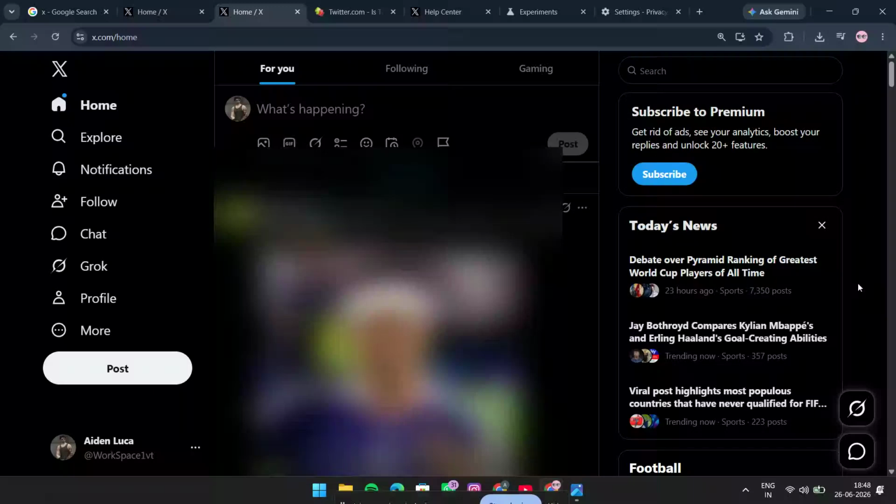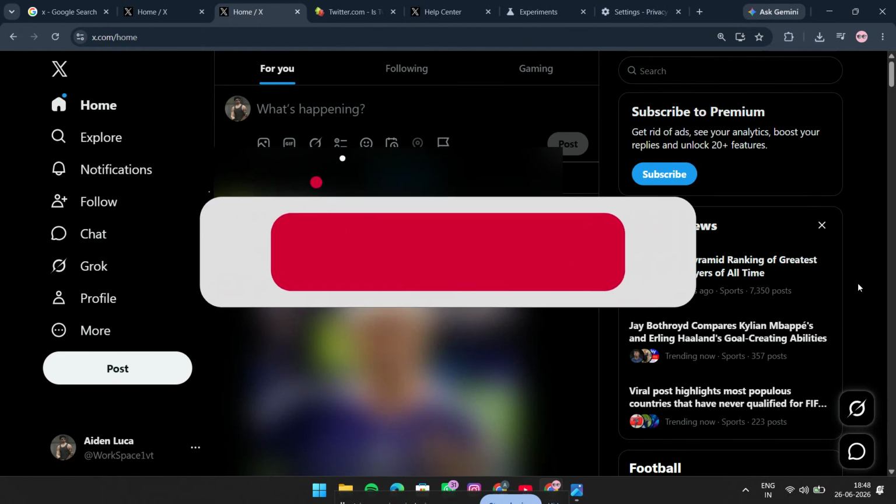If you're seeing the X.com or Twitter error code 429, that means the platform has detected too many requests from your account, device, or browser in a short period of time. In simple terms, X is telling you to slow down, and the fastest way to fix it is to stop all activity and let the cooldown expire. In this video, I'm going to show you exactly what to do so you can get back into X without